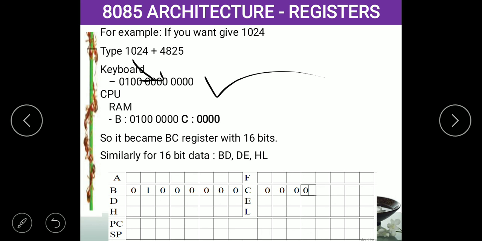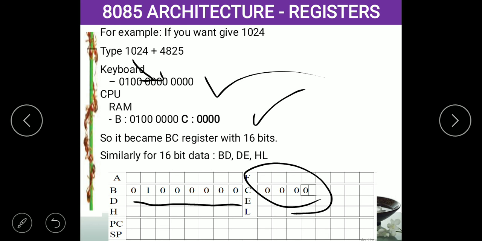At that time, the processor will automatically combine the B and C registers together. Here you can see the first 8 digits are stored in the B register, and the next 4 digits are stored in the C register. This is what we call combining the registers. By combining the B and C registers, this 12-digit number can be stored.